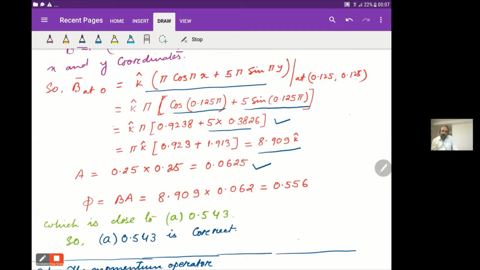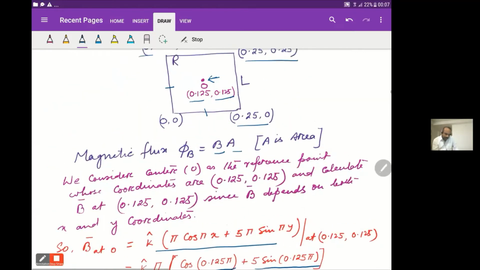Area is 0.25 times 0.25 because it is a square loop. So therefore, the area is 0.0625. Therefore, we can calculate magnetic flux phi B, which is equal to magnetic field times the area, that is 8.909 times 0.062. That gives us 0.556. So this answer is very close to